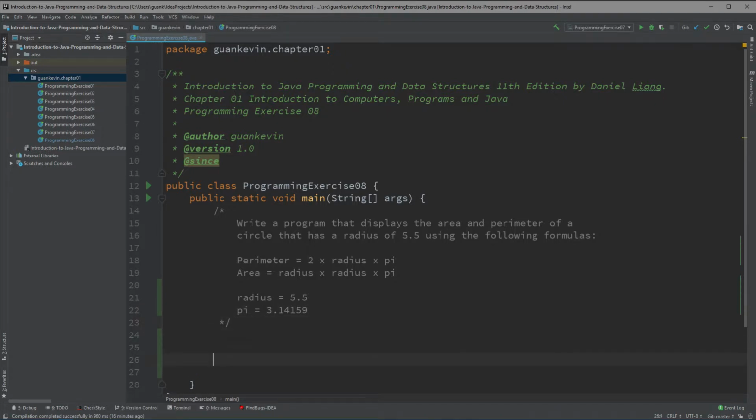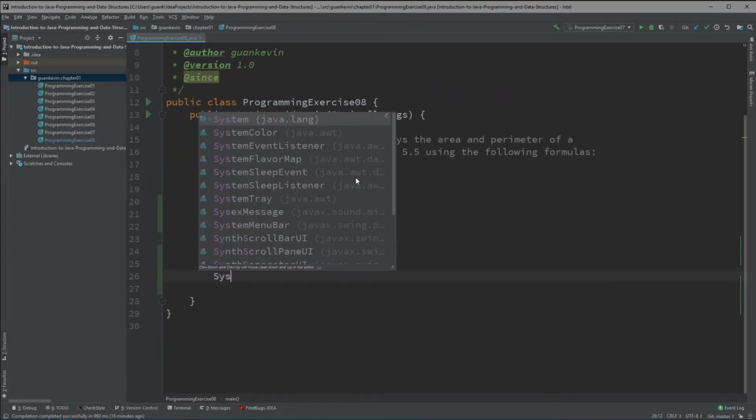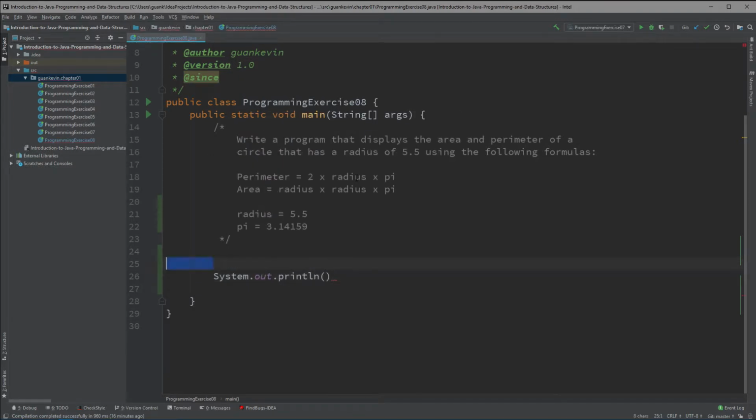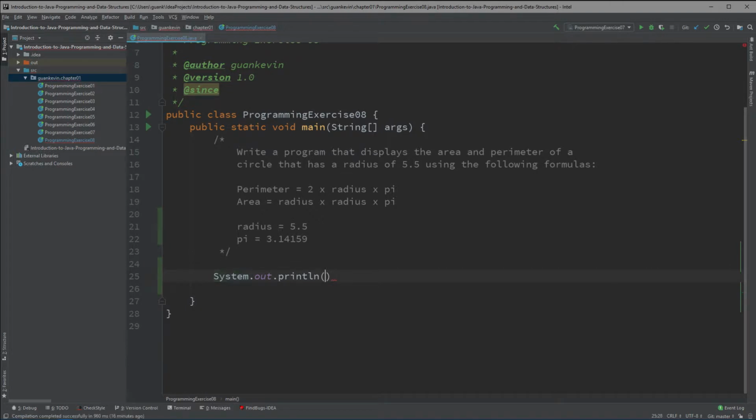All right, so it's pretty simple. To find out the perimeter, let's type in system.out.println, and we're going to specify that this is the perimeter that we're calculating for. Inside 2 double quotes, which is where we'll place our string, we'll say perimeter is equals to 2 times radius times pi,